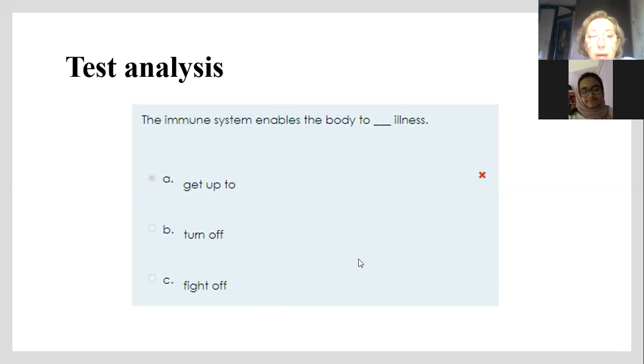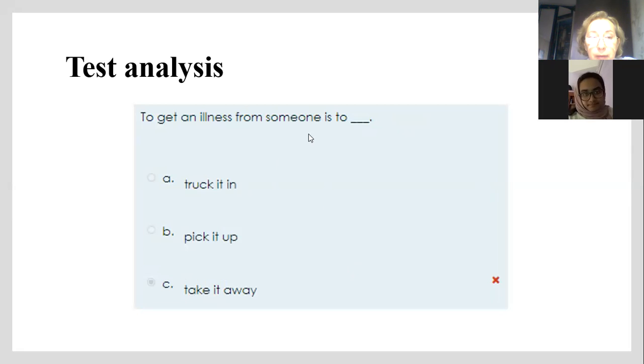Okay. Well, then there is also a phrasal verb. To get an illness from someone is to pick it up. Yes, pick it up. To get some infectious illness, for example. Yes, and